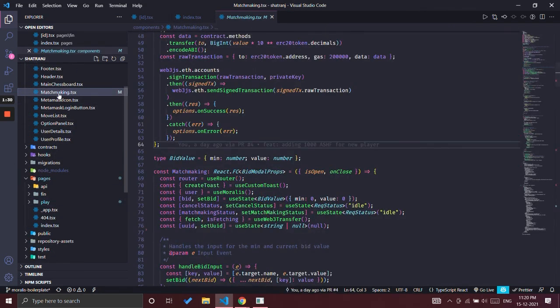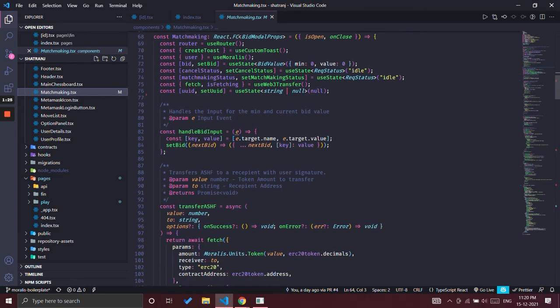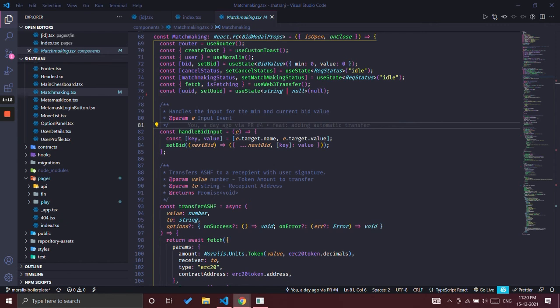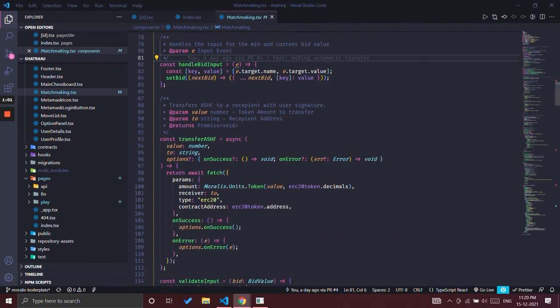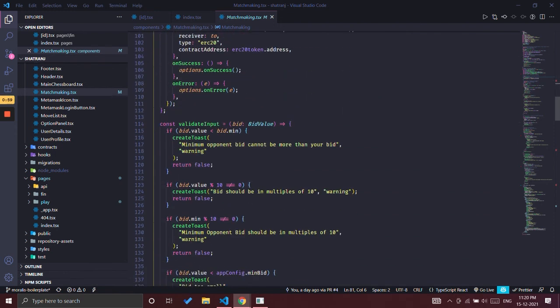The main highlight of this whole application is handling the transfers and the bids, which happen all on the Polygon chain. First, we started out by developing on the local network, and then we tested it on the Polygon network. You can have a look at our Polygonscan history to verify the transactions which we have been making while playing matches and testing it all out.